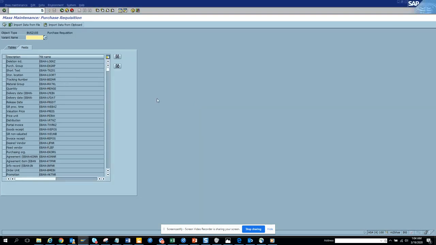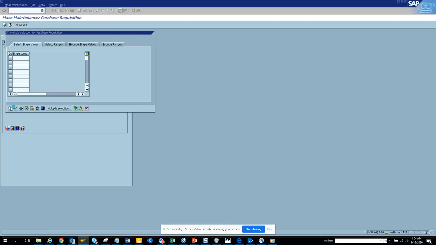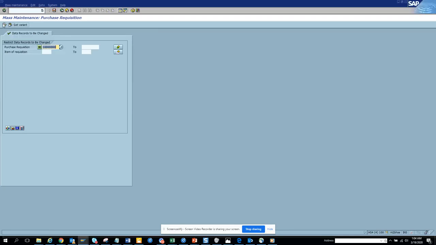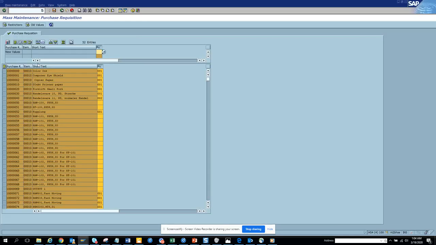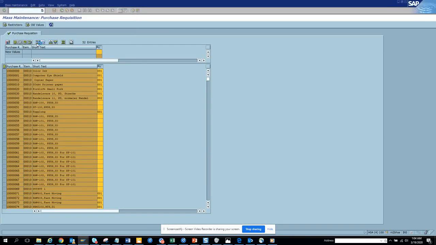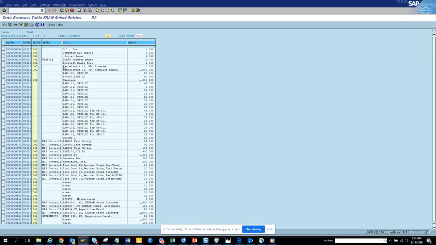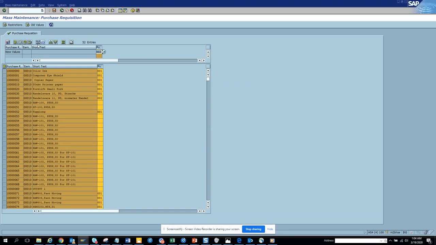So here, first thing we are going to change is the purchasing group. We go here and we select purchase acquisition. We'll execute this and save this. Now we'll select the purchasing group. Let's see, we pick some purchasing group different. So we'll put 3, and in the meantime we have 1 here, a bunch of ones. So we'll do a mass change, click on save,